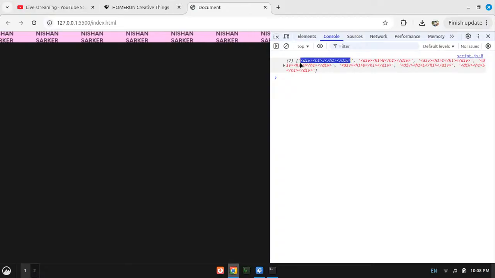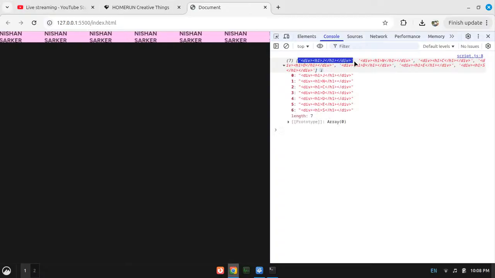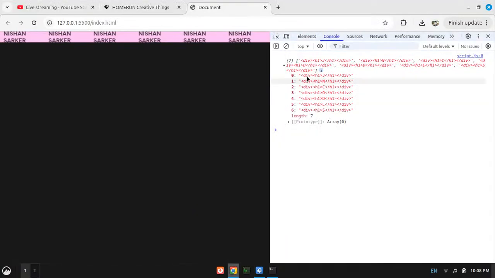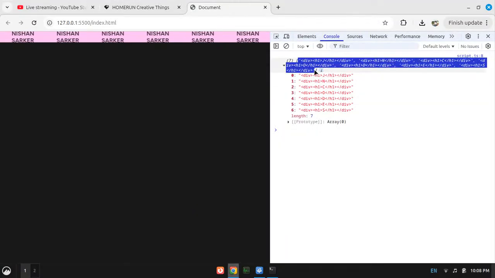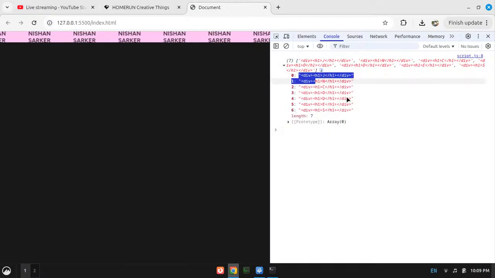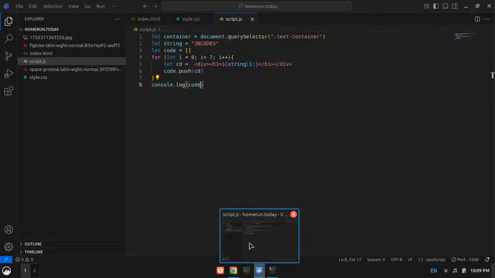right? Okay, now code is an array. I didn't actually need the array, by the way. Oh no, I need the array actually. So I need actually the contents of this array. So how? No, it's actually okay. It's printing the contents actually.